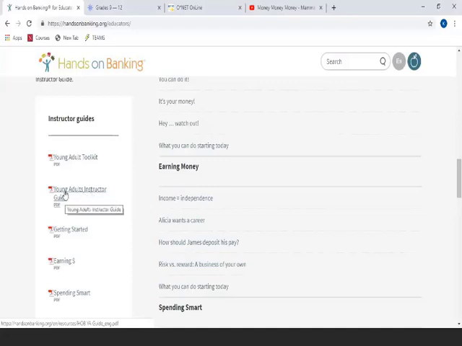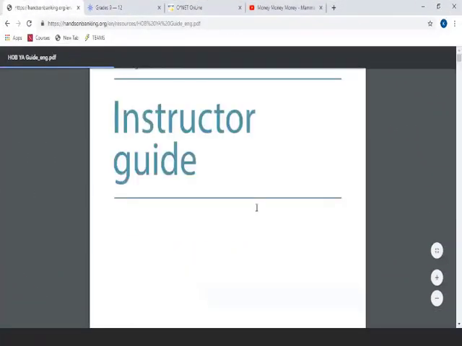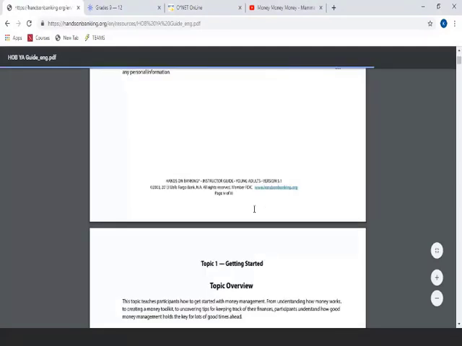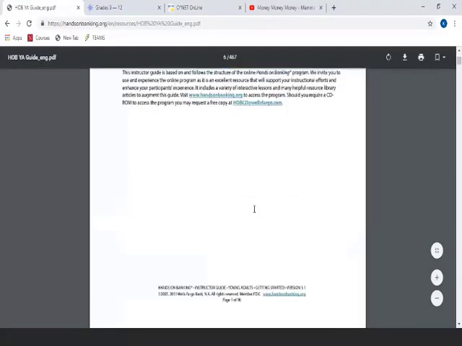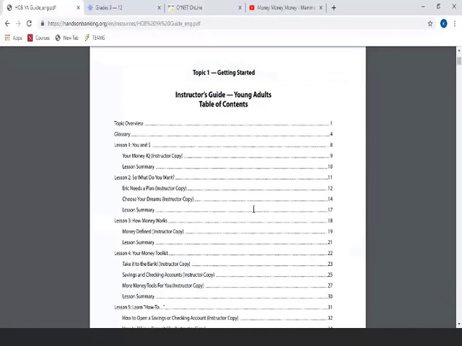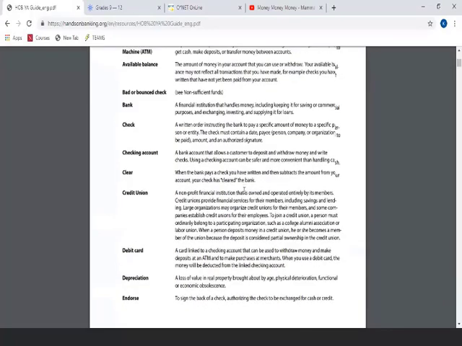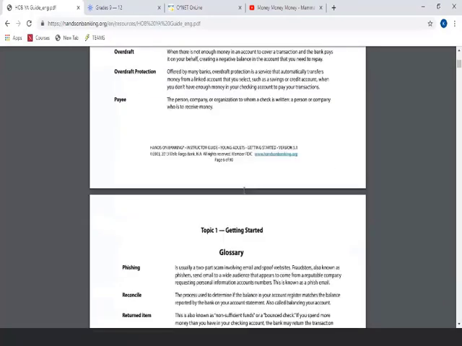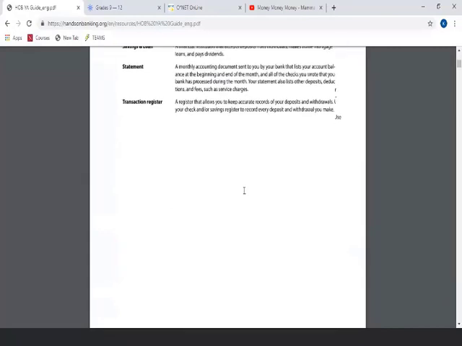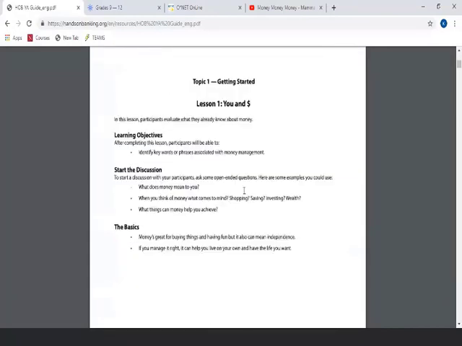It's an awesome guide. Let me show you what part of it looks like. It gives you a glossary and also gives you all of your lessons and where you can make copies and everything. And there's your complete glossary. And this you can actually just download and hand this out so your students can have a complete glossary and understand the terms that you're going to be using.